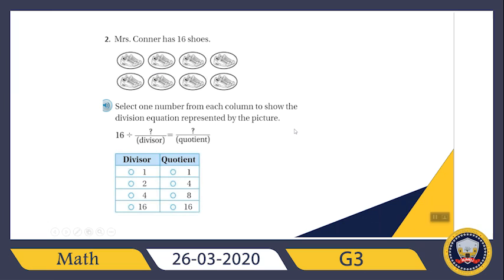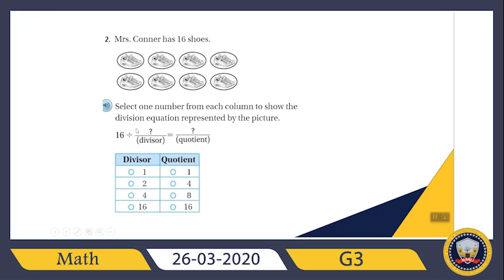What about question 2? It says Mrs. Connor has 16 shoes. Select one number from each column to show the division equation represented by the picture. So, I know in total there are 16 shoes. 16 divided by what? Remember this. If you want, you can do 16 divided by the number of groups, which is 1, 2, 3, 4, 5, 6, 7, 8. But I cannot write 8 here as divisor, because as divisor 1, 2, 4 and 16 given